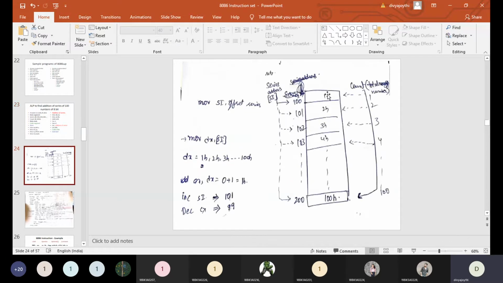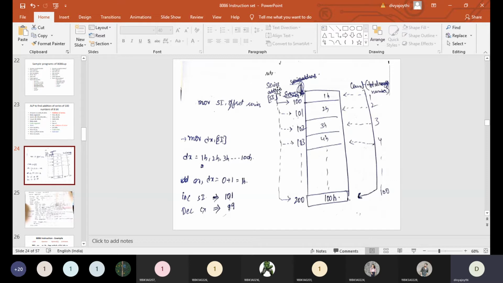Here I'm just assuming that these are the numbers 1, 2, 3, 4, 5, where each number is allotted a specific address. So these addresses 100, 101, 102, 103 up to 200 will be representing the series addresses. I have taken a variable called series, right? And the memory address that has been allotted by the processor I'm representing here.